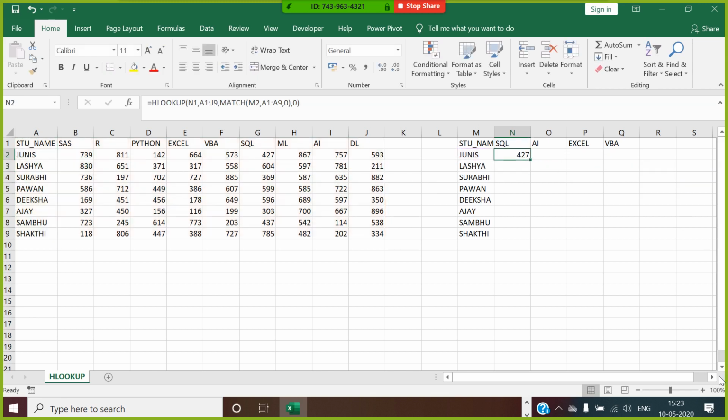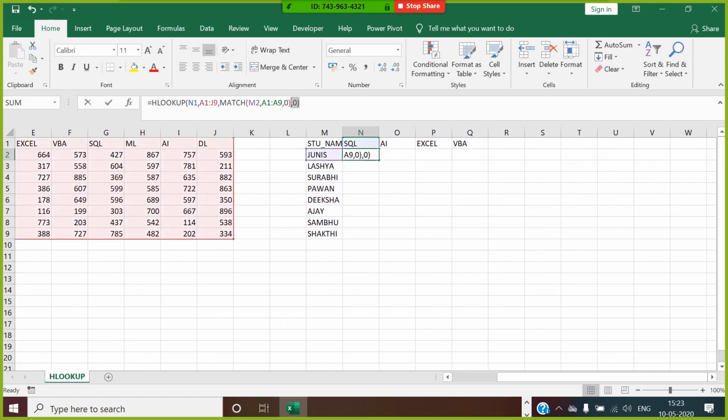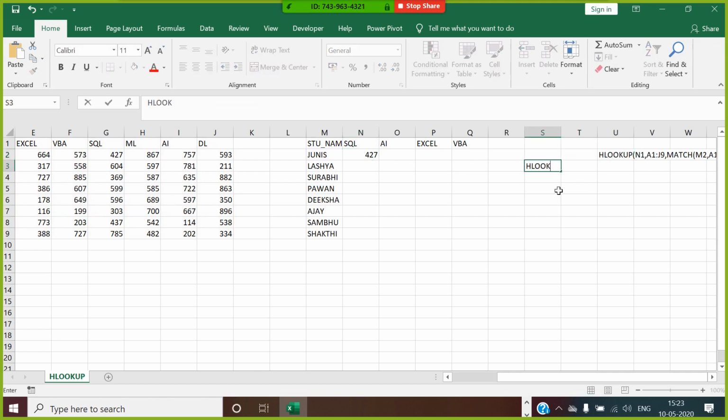So in HLOOKUP, guys, you have 4 criteria: 1, 2, 3, and 4. The first one is the lookup value. The second one is the table array.